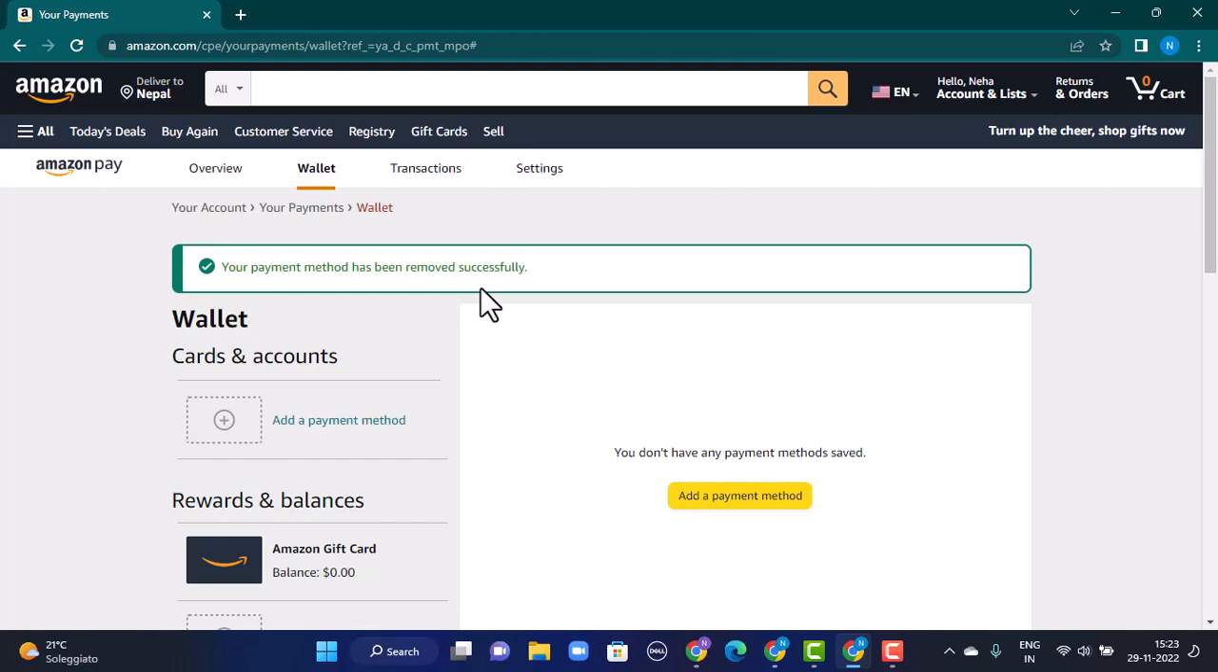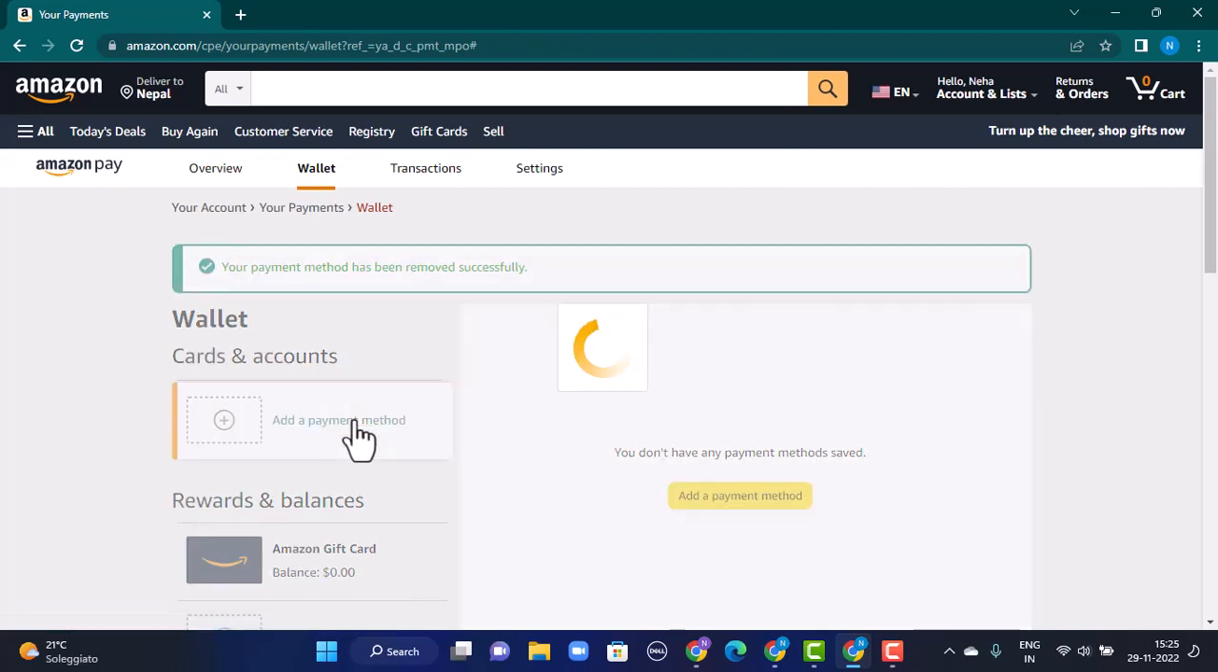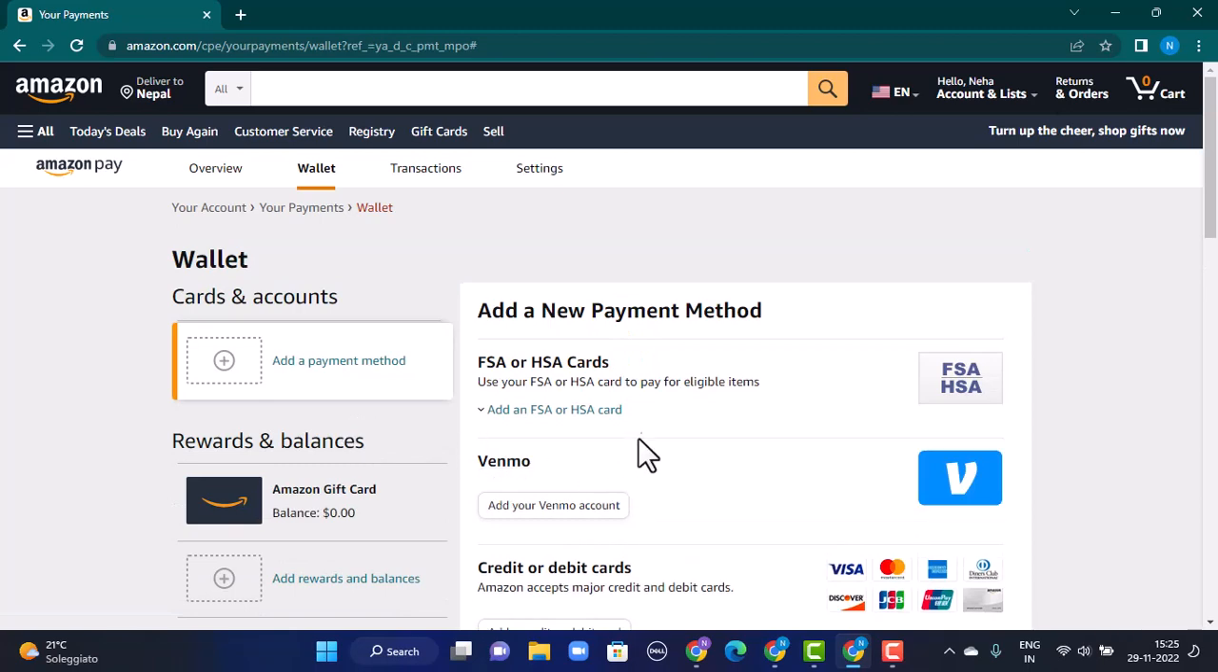Now in case you want to add a payment method, for example a new credit card, you can see that I don't have any other credit card linked to my Amazon account. In case you have multiple credit cards linked to your Amazon account, then on the left hand side corner you'll have an option to add a payment method. So all you have to do is tap on add a payment method, and after that you have a list